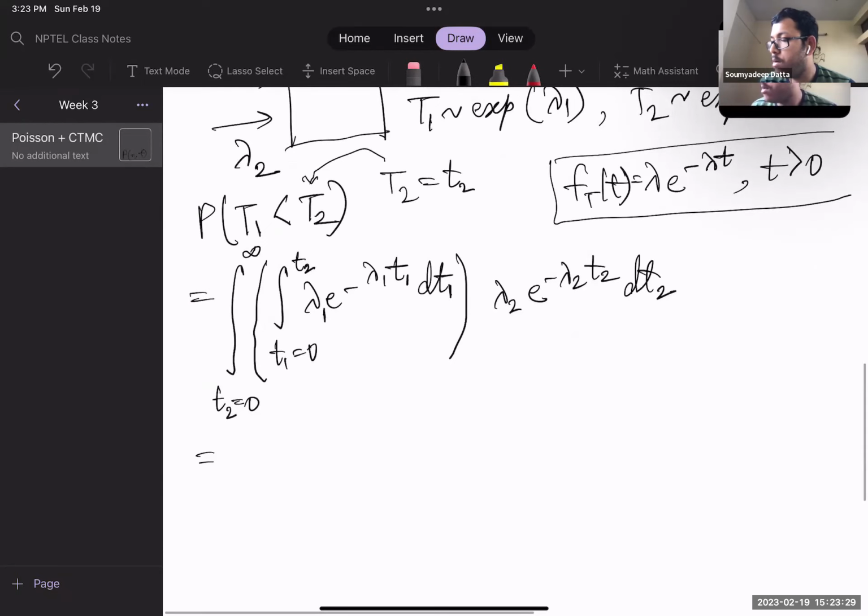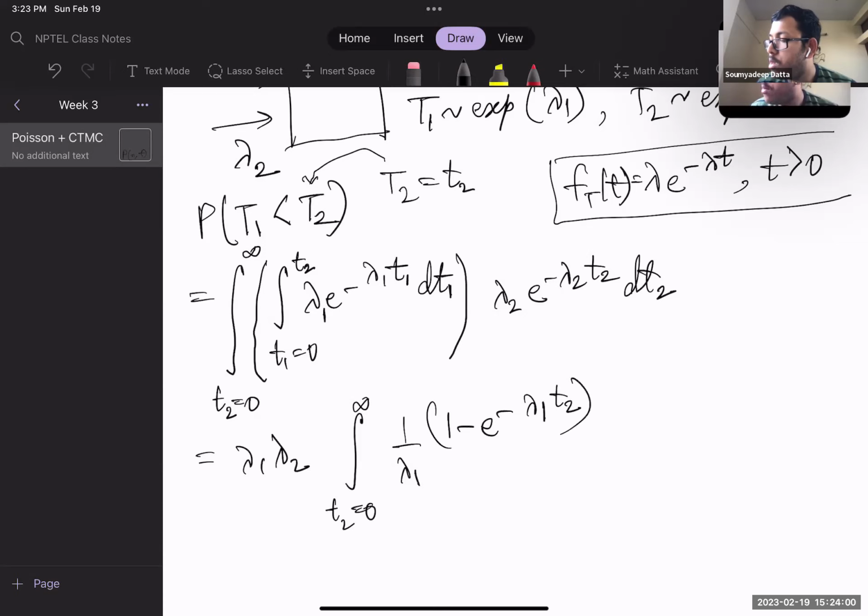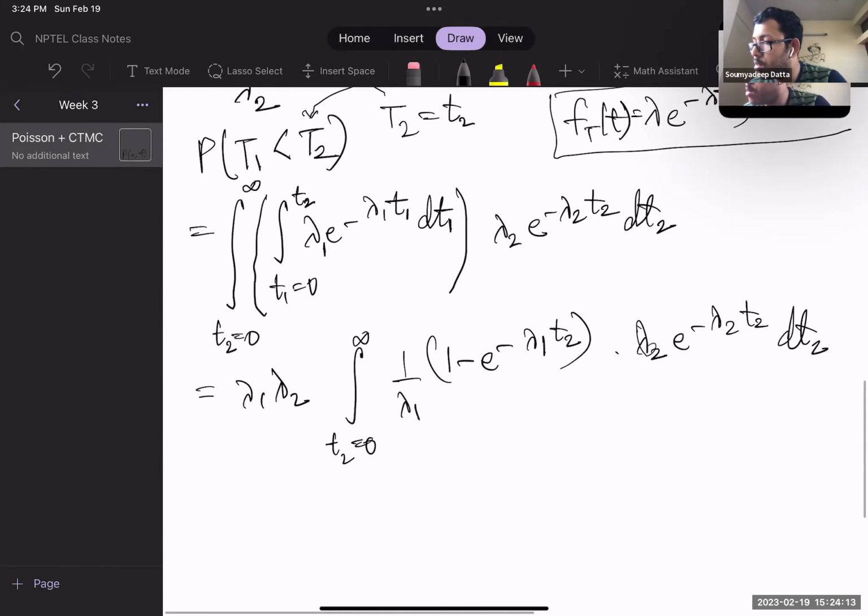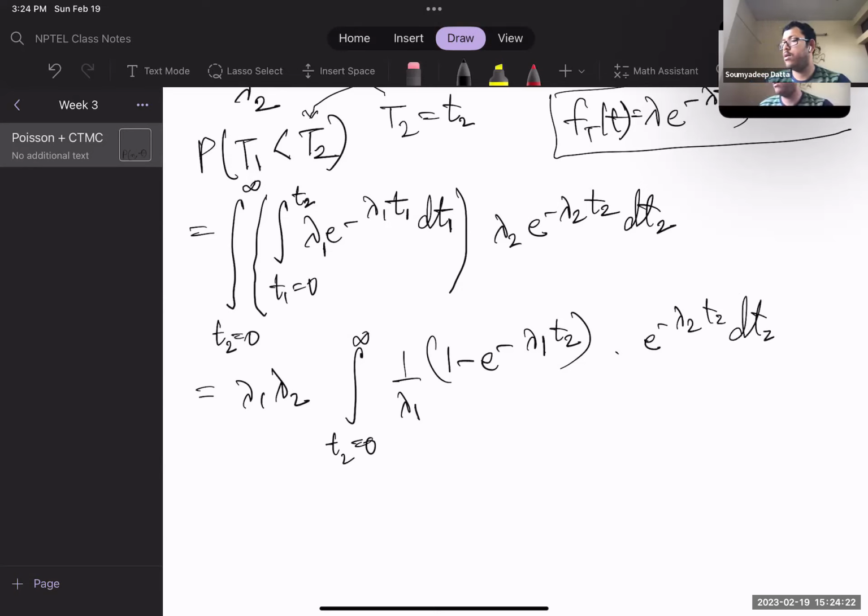Now it's this calculation. Lambda 1 and lambda 2 are constants, and we have e to the power minus lambda 1 T1 dt1 integrated over 0 to T2. We can quickly evaluate this: it will be 1 by lambda 1 times 1 minus e to the power minus lambda 1 T2, times lambda 2 e to the power minus lambda 2 T2 dt2. I've already taken lambda 2 outside, so it will be e to the power minus lambda 2 T2 dt2. And so lambda 1 cancels out, and I have lambda 2 times